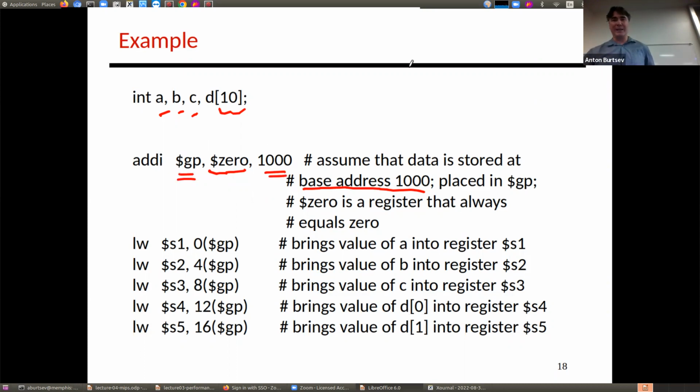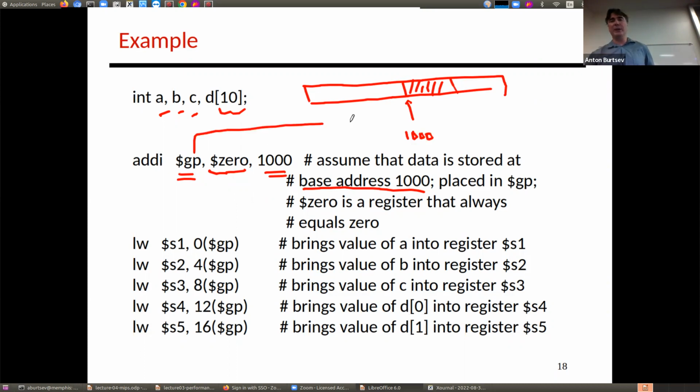This initializes GP: if this is your memory, and your data section starts somewhere here at address 1000, GP now points right here, to 1000. And then, if you want to access A, you say GP plus offset 0, bring it into S1. If you want to access B, and imagine again, it can be different,